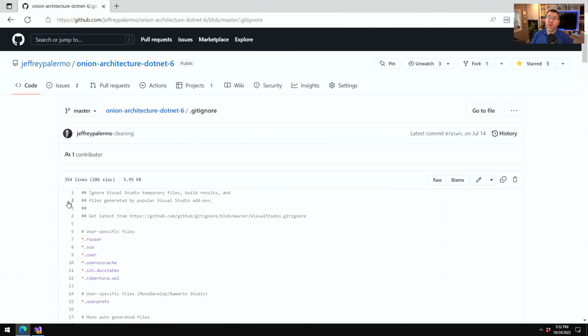Now, we're on the GitHub repository, github.com/Jeffrey Palermo/onionarchitecture.nsx. But if you look at the gitignore file that we have in this repository, and of course, anytime you create a repository on GitHub, they're going to ask you what kind of gitignore file you want or none. And it really depends on the IDE you're using or the tooling that you're using, because every tool is going to have different files that it puts in that directory,